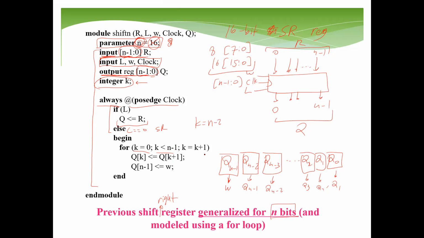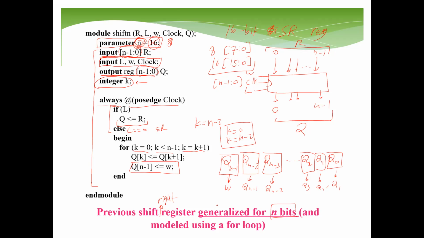N minus 2. And then increment k by 1. Okay, so this loop will go from k equals 0 up to k equal to n minus 2. So what we're doing here, first, this is the easiest one, that Q of n minus 1 is reading